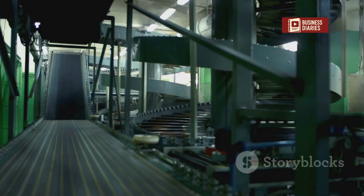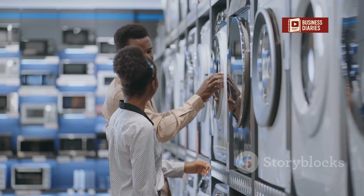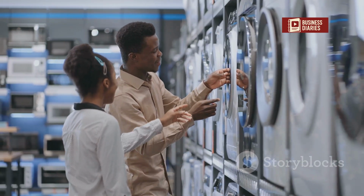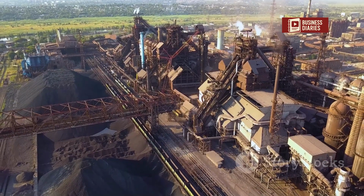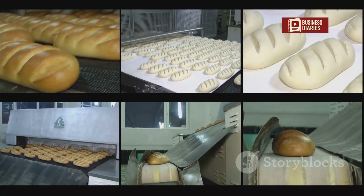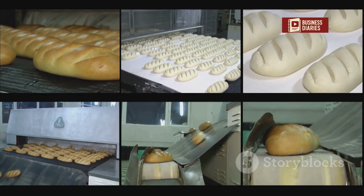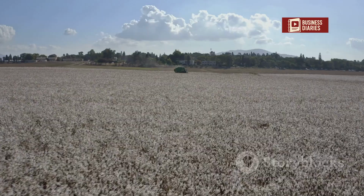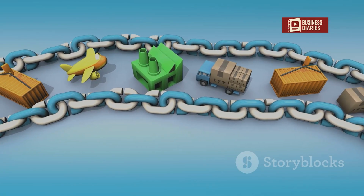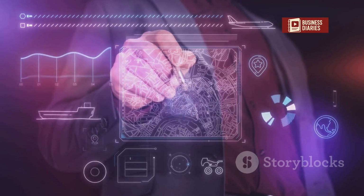Now, what kind of goods and services does this magical PPI actually track? Well, it's quite comprehensive. It looks at the prices of finished goods, which are products ready for sale to the end user, like a brand new washing machine or a lorry. But, and this is key, it also tracks the prices of intermediate goods. These are things that businesses buy to make other things, like flour for a bakery, steel for a car plant, or wood for a furniture maker. And it even goes further back to crude materials, the very basic stuff like raw cotton or iron ore. So it's measuring price changes at various stages of production, giving us a layered view of what's happening to costs